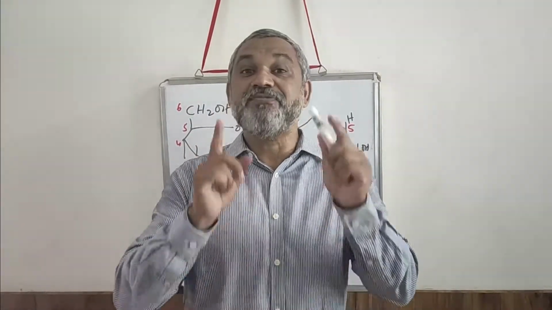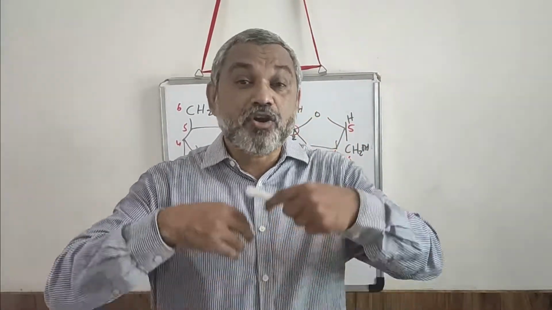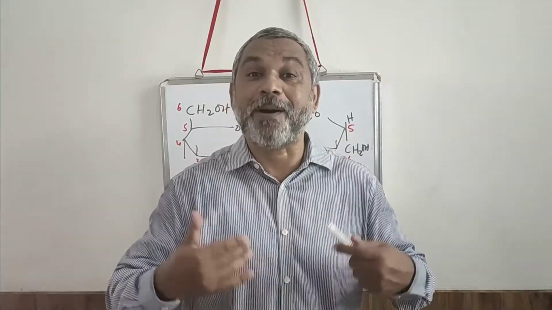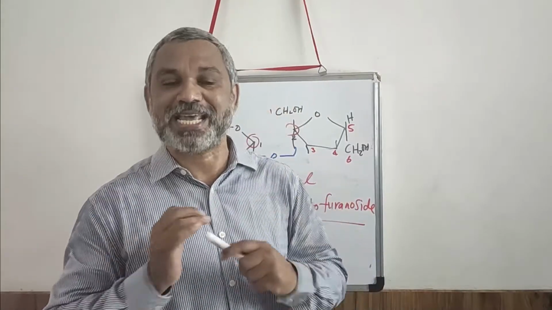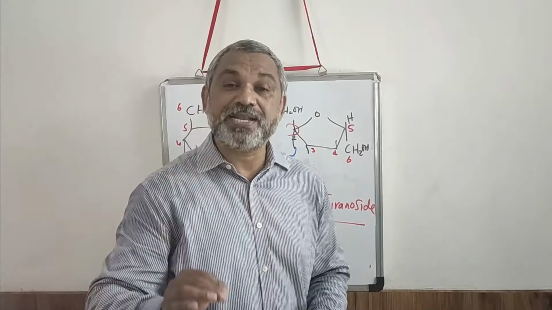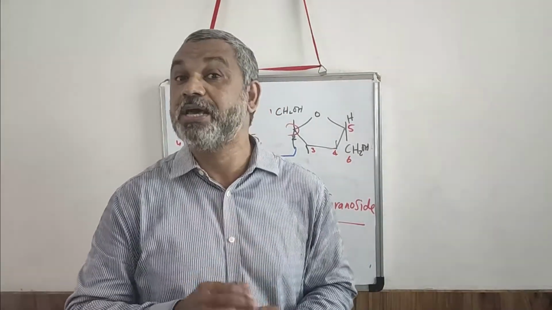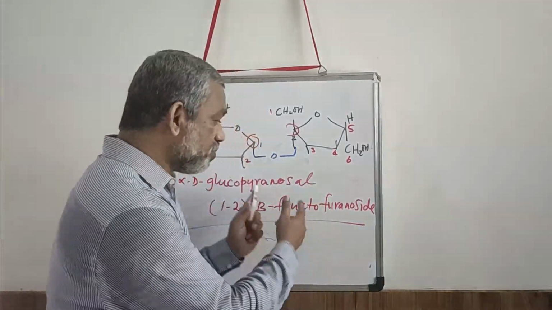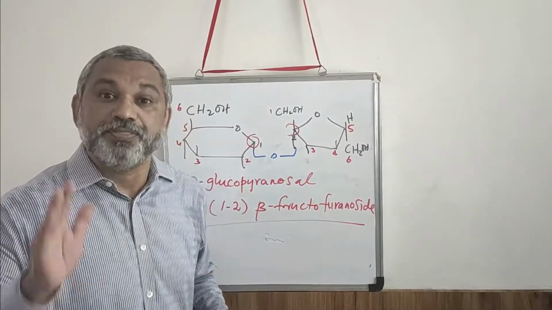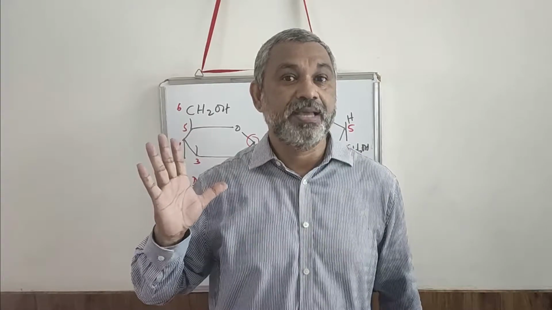Now remember, if the anomeric carbon atom is not free, or it cannot be made potentially free, it cannot participate in oxidation reduction reactions. So those sugars which undergo oxidation or reduction or can participate in such reactions is what we call reducing sugar. So what about sucrose? Since these anomeric carbon atoms are not free, sucrose is a non-reducing sugar, which also